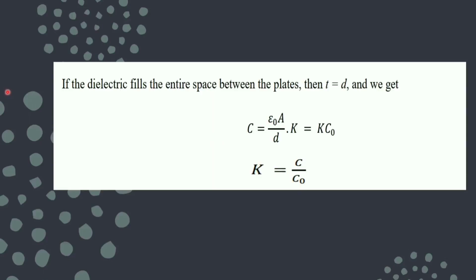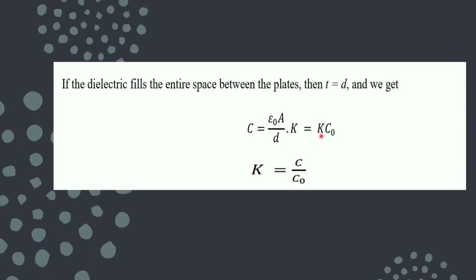Now if I say that the slab thickness becomes equal to the distance between the parallel plates, it means if T becomes equal to D, then what formula will I be getting? This whole term will be replaced by putting the value there. I am getting C equals K times C naught. So from here also you may get the definition for the dielectric constant, which is equal to C upon C naught. And for a medium here also you can see that C is greater than C naught, because K,